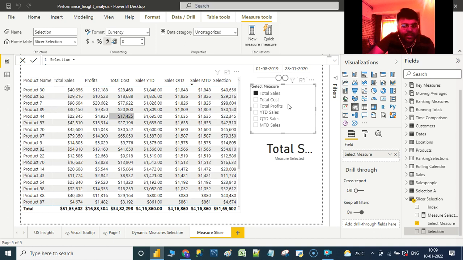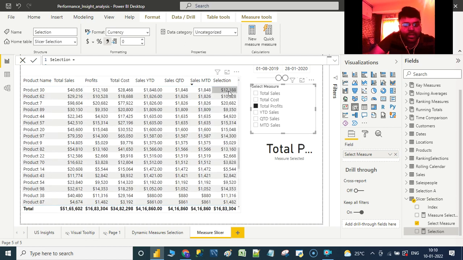See, if you make a comparison now, the total sales value which already exists in the measure list and the total sales over here are the same. Similarly, for total cost, compare the values: 28,468, 28,468, 18,688, 18,688, 77,922, 77,922, and so on for all the products.